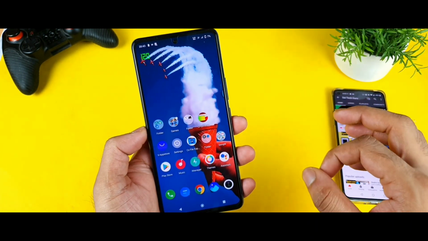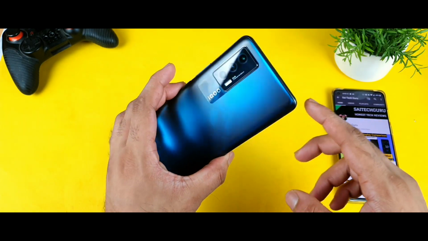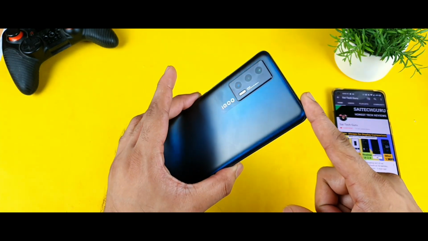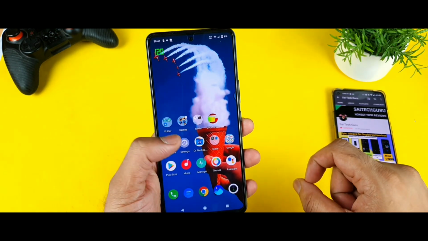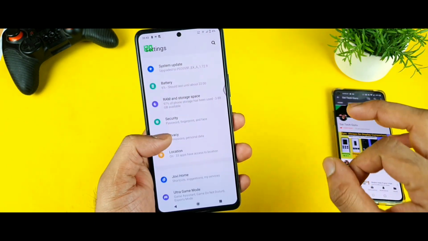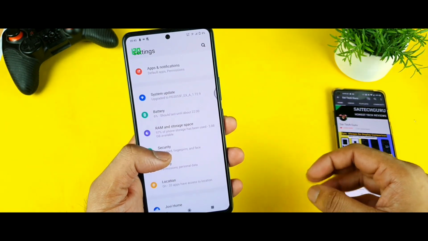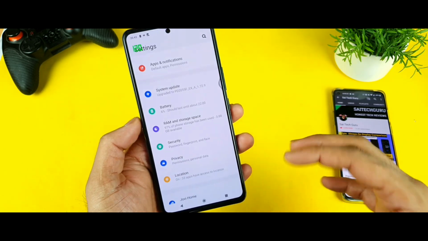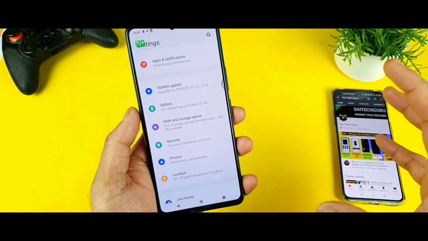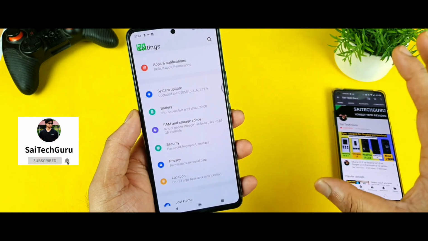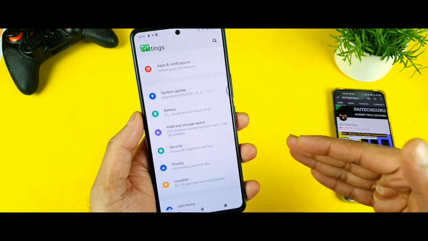In today's video, we'll do the Call of Duty gameplay test on the IQ7 device after the recent software update. Just yesterday I received the software update on this IQ7 smartphone, and after the update a couple of changes did happen. Let's see how the 4D vibrations, the game frame interpolation and the voice changer are, and whether they got added into Call of Duty or not. All these questions will be completely answered in this video, so make sure to watch till the end of the video friends.